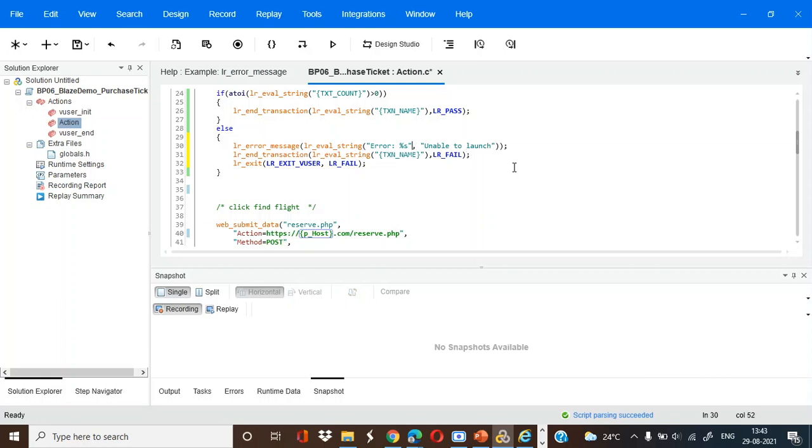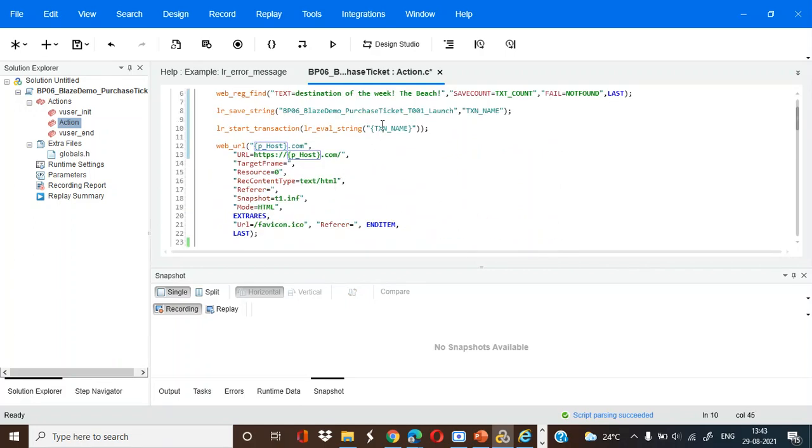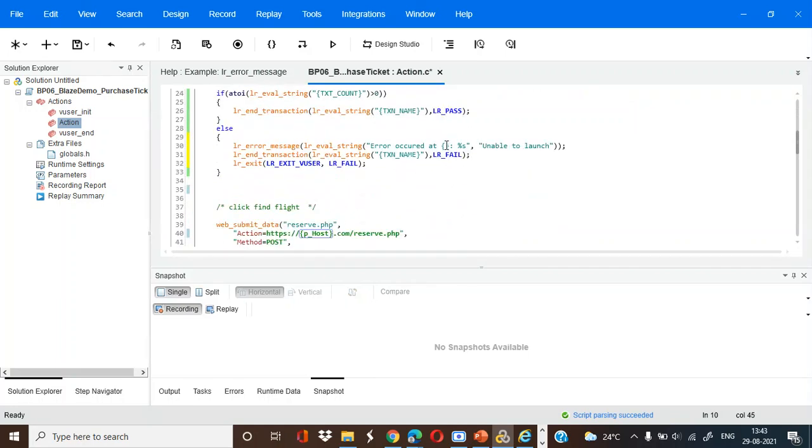We can mention error occurred at transaction. We can mention this particular transaction, mention, copy this thing, and